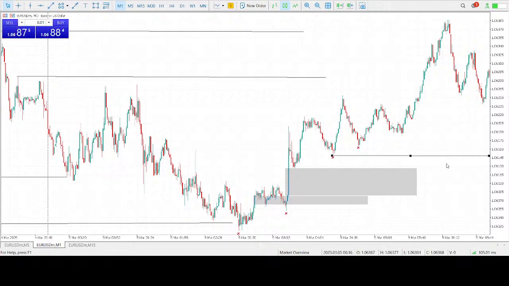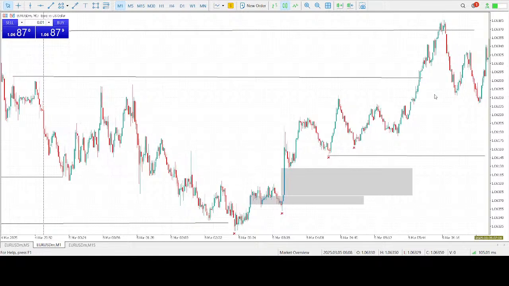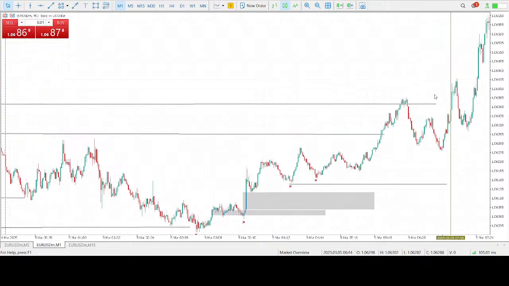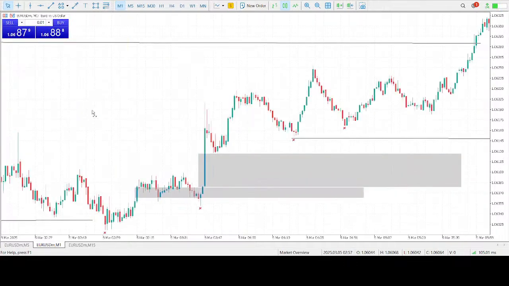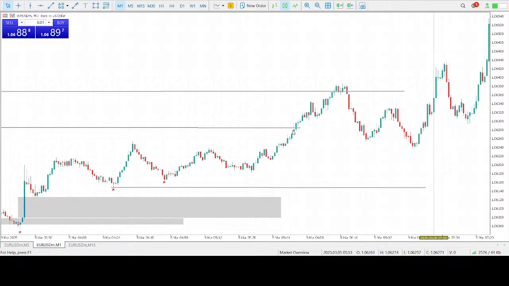So you look at that price level, you wait for the time where price breaks that, and then there is this one as well. Those are the price levels, and once it breaks those, we would want to have a fair value gap in there, which we did have. The most suitable one would now be this one right before it rallies up. So we would have this as our fair value gap from here to here.